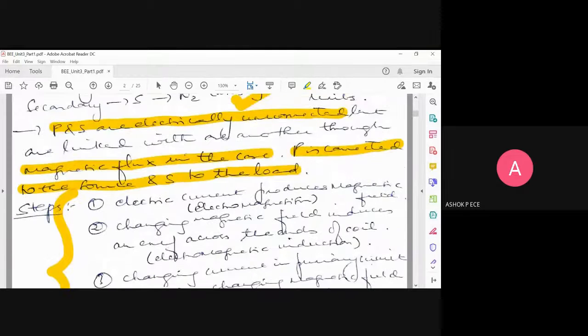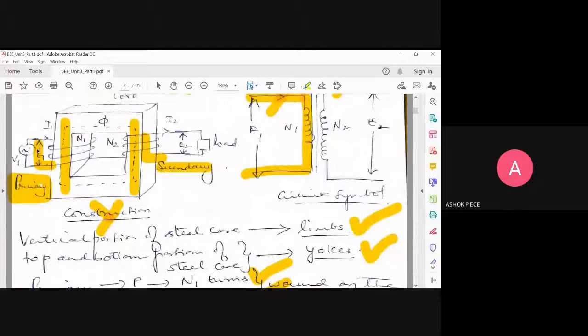The very first thing you see here: I'm going to give an AC voltage to the primary. And AC, you know, is alternating. So for the positive half, this will be the polarity. For the negative half, the polarity is going to reverse. So the polarity across the winding will reverse for every half cycle. That is the meaning of AC, correct?